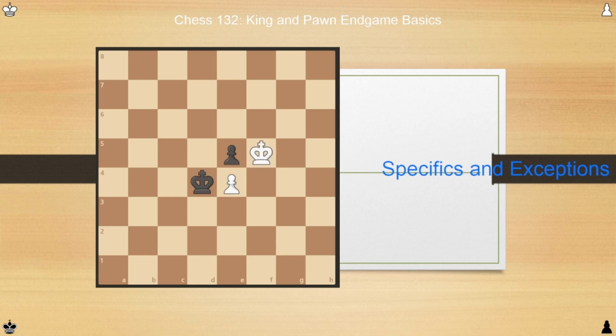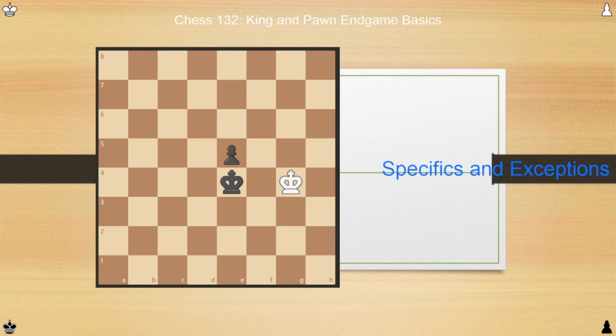One weird scenario I haven't talked about yet is the following position. In this position, both kings are protecting their pawns while attacking their opponent's pawns. However, neither king can move without losing their side's pawn, and therefore losing the game. For example, if it's white's turn here, king g4, king takes e4. The more general concept of both sides not wanting to be the player to make the move is called zugzwang, spelled